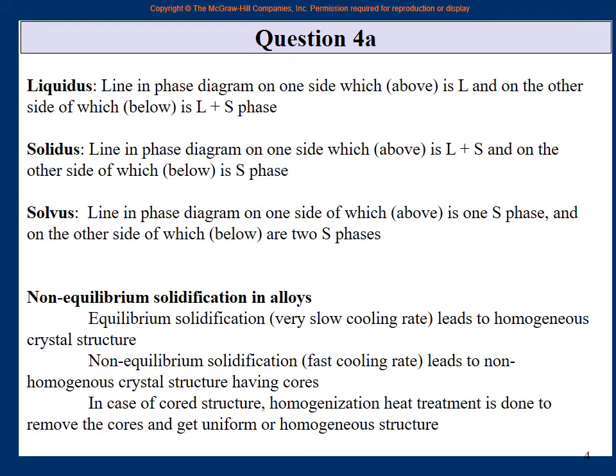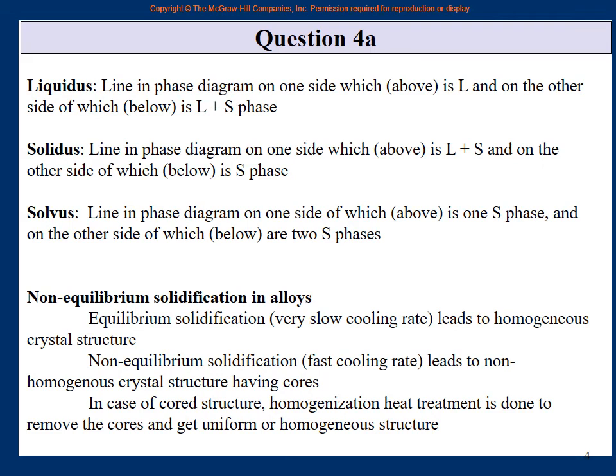So if we go back to liquidus and solidus, we can say that liquidus is the line where solidification starts if we are cooling the material. You can also say solidus is the line where, if we are cooling, solidification is complete. All the liquid is converted into solid. So there are different ways in which you can say it, and whichever way you say it, if it is technically correct, then it is right.